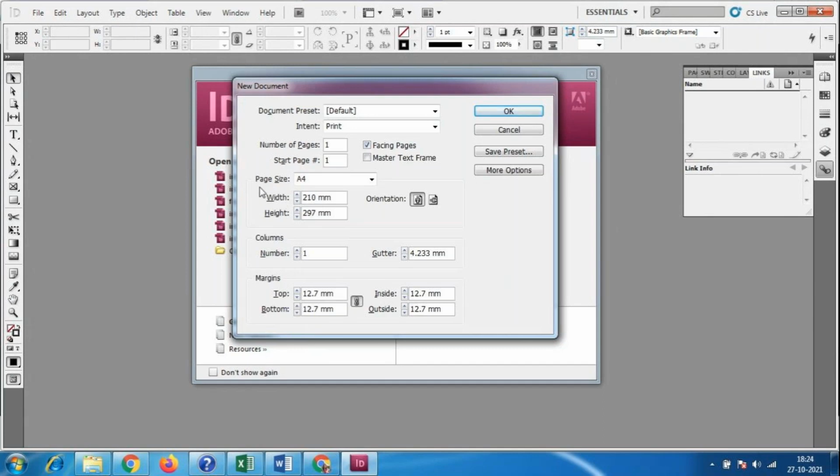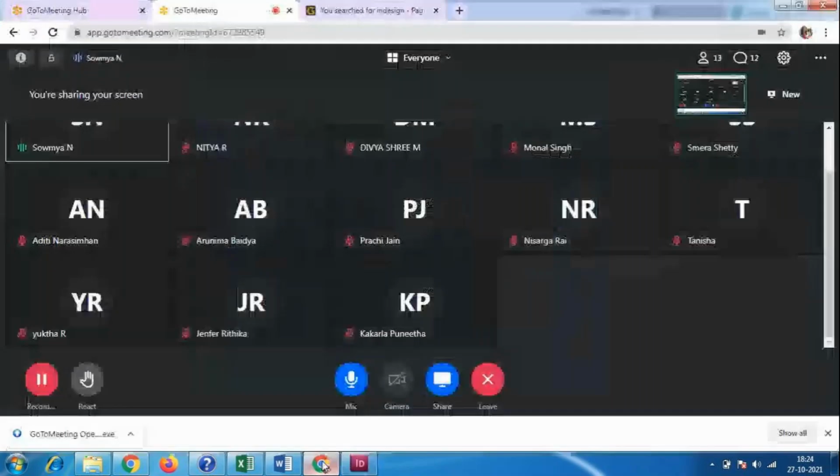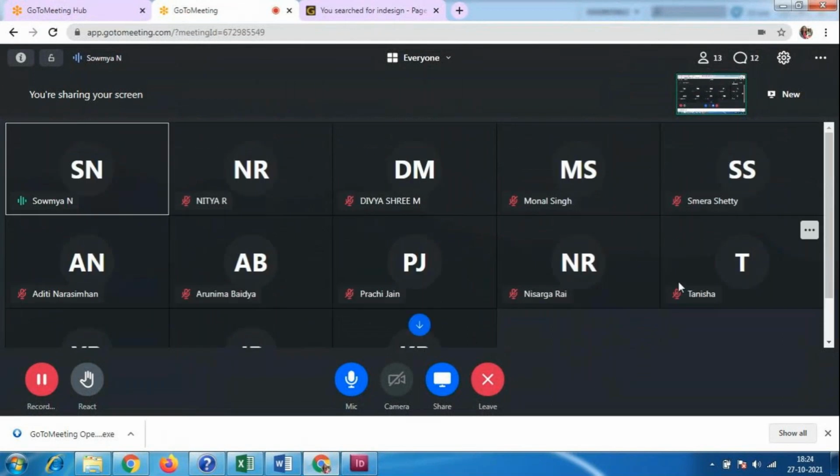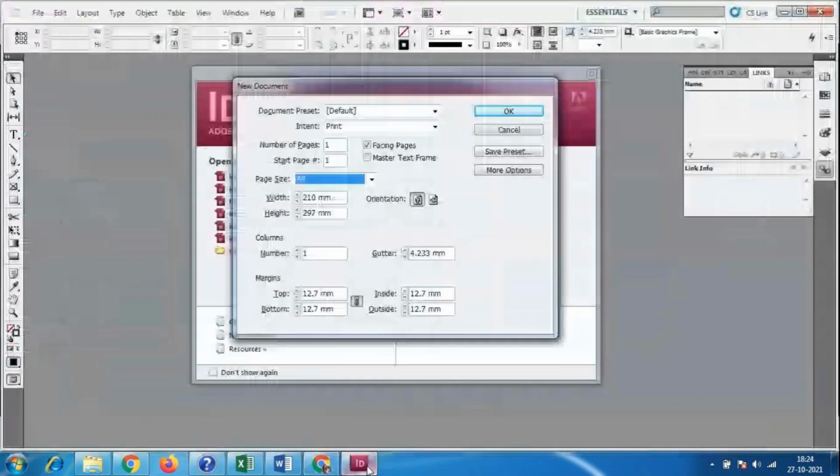Okay, so next the page size will be the A4 width and height. According to the A4 size, 210 is the width and 297 is the height. You have already seen the A4 size in Photoshop. Is that clear? A4 size is the same everywhere.